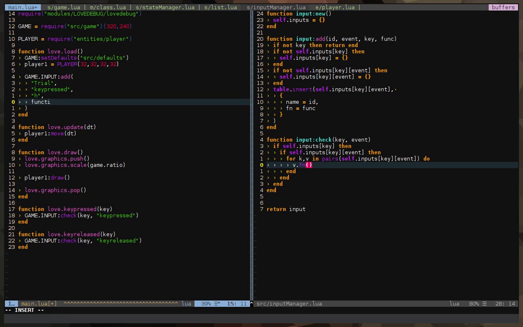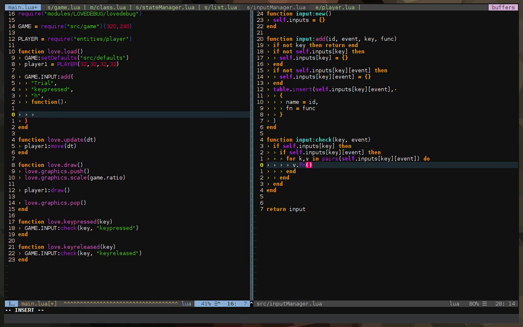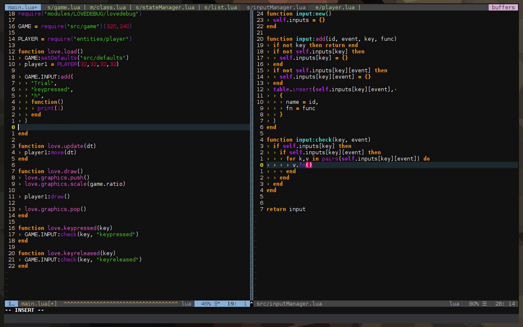Okay, so we're going to end the video soon, but for now let's try making another input, to make sure that this input manager works.